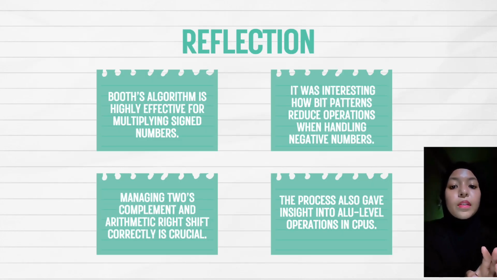Booth's algorithm is a powerful way to multiply signed binary numbers. It was interesting to see how it reduced unnecessary operations by recognizing bit patterns, especially when handling sequences of ones. The key challenges were handling 2's complement math and applying the arithmetic right shift correctly at each step. Overall, it gives a solid understanding of how multiplication is implemented in hardware using logic circuits like the arithmetic logic